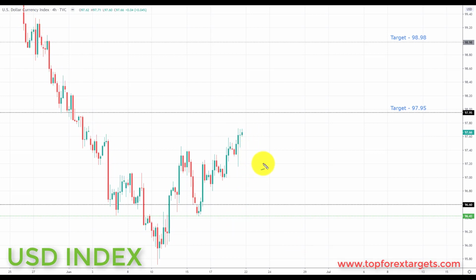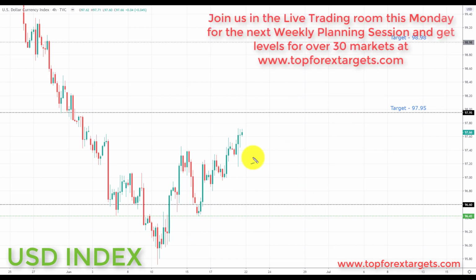We may actually go into a bit of a correction in the dollar index, especially as we have not broken the 97.95, which is a key area of resistance. If we are going to get a bigger reversal to the upside, we would really want to clear the 97.95 before we considered the dollar as being bullish. So as a result, going into next week, we actually have the dollar index inside a range between the 97.95